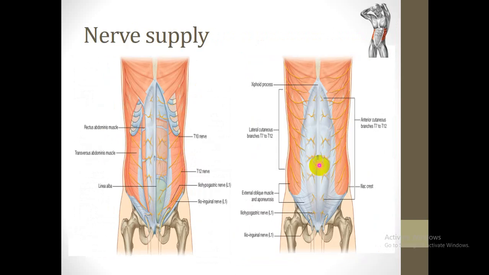After that, we will move to the nerve supply of the anterior abdominal wall that comes from the spinal nerves of T7 to T12 plus L1. The spinal nerve, after emerging from the spinal column, will give the lateral cutaneous branch that moves from the posterior side of the body to the anterior side. As this moves and descends in an anterior medial direction, it will give the anterior cutaneous branch.